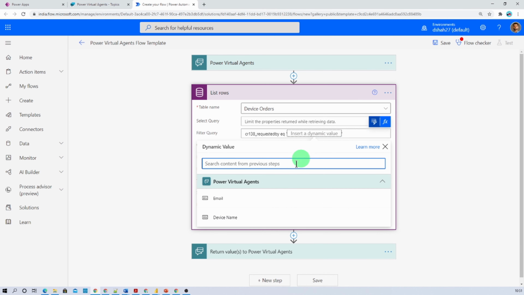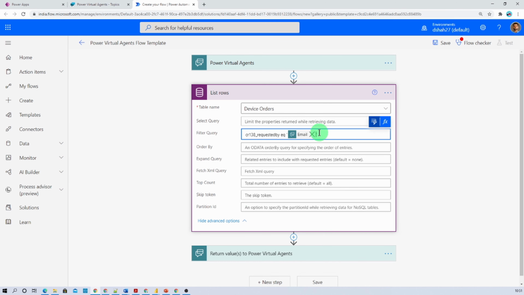add dynamic value. So we need to provide the device name, we need to provide the email. So let's provide that, right? And after that we need to type, and we need to use contents query on product name, right? So we just need to use contents, and inside that we want to apply this field based on the device name.